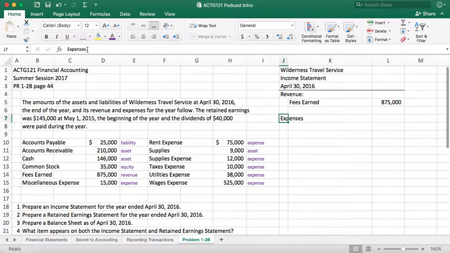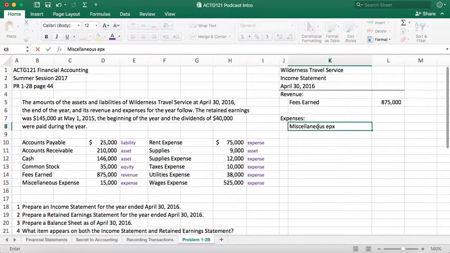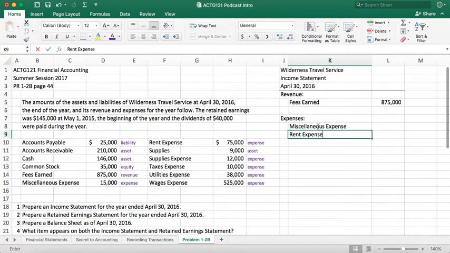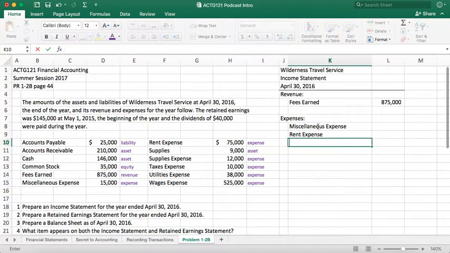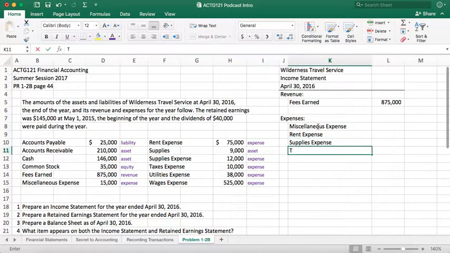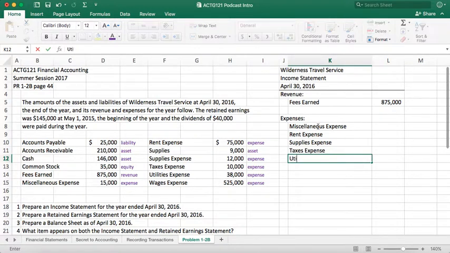We're just going to list them. So we have miscellaneous, rent expense, whoops, not supplies, that's an asset, but supplies expense. Taxes expense, utilities expense,